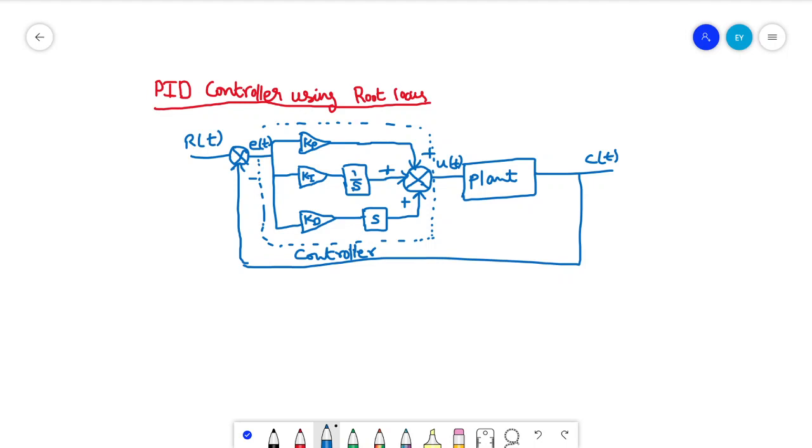If you see the previous class, the difference between that and this is that you now have a Ki and Kd, with an integrator and a differentiator. If you close this particular path, just the gain will be left. That is nothing but the proportional gain which we saw in the previous class.